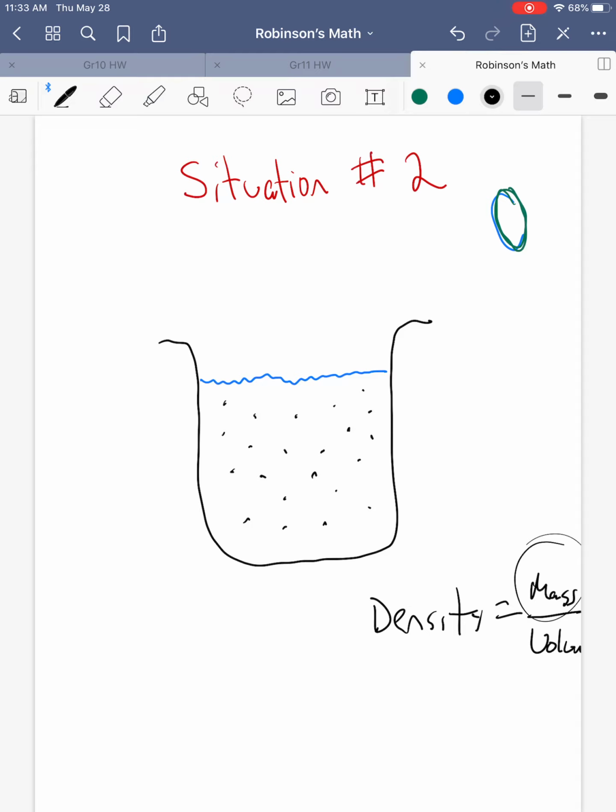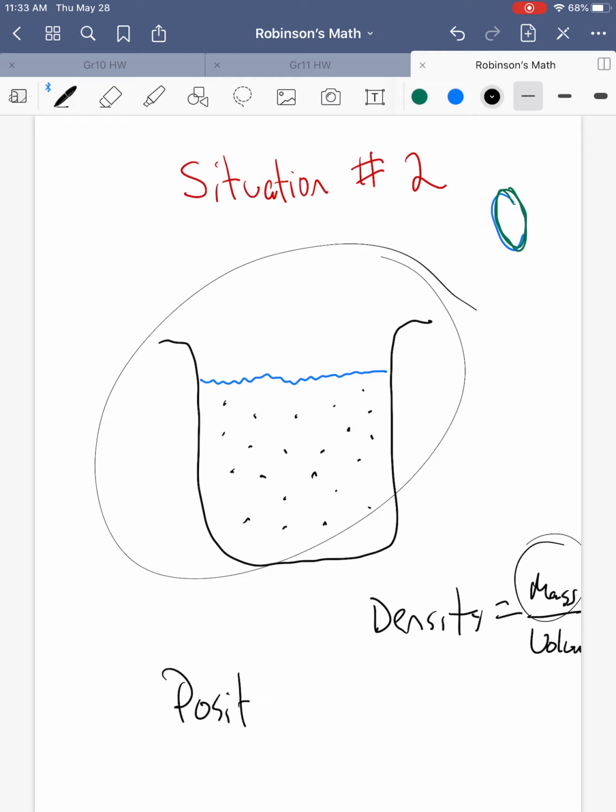So if I increase the mass but not the volume, then the fluid in this beaker becomes denser. And if I add enough salt in there, and this is possible, again, you can try it if you want. And this, by the way, is an example of